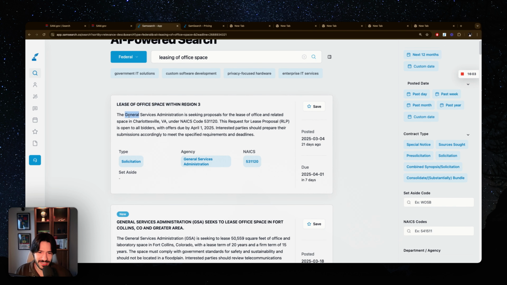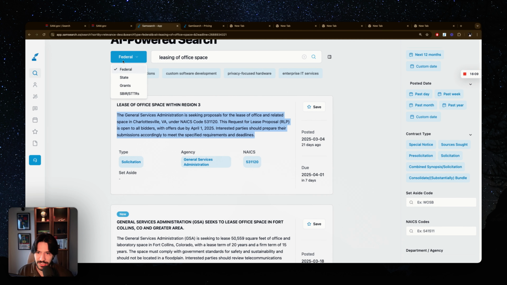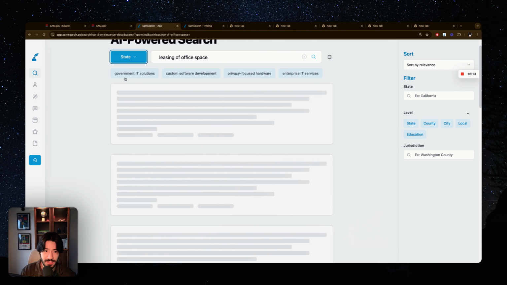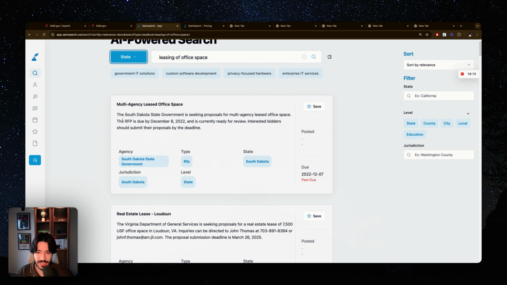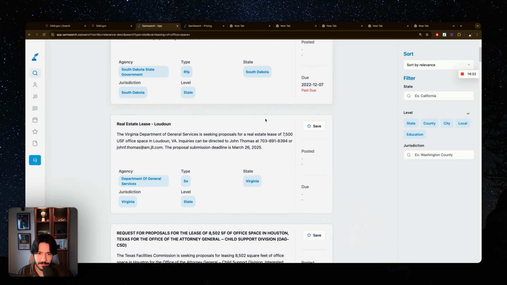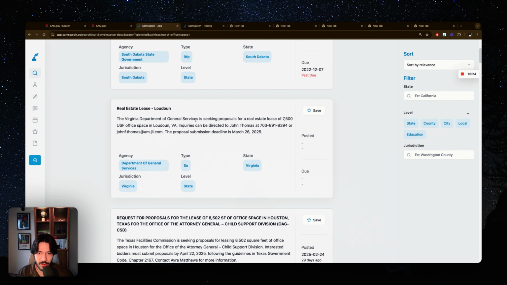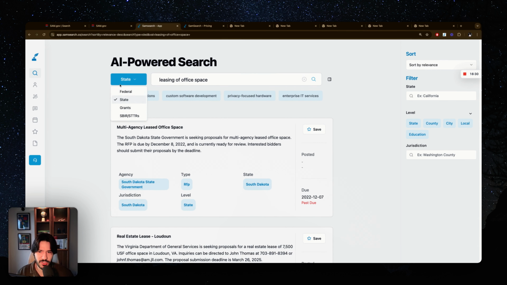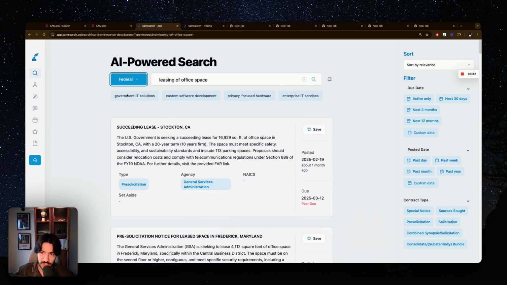So as you can see here, I just typed in leasing of office space and it gave me results. The good thing about this, I could just switch like this, and now I'm searching across all states. I'm now searching across states, counties, like you can see here. The South Dakota state government seeking proposals for multi-agency leased office space. This one as well, Virginia Department of General Services seeking proposals for real estate lease. So with just one click, I was able to search across all states and not just on the federal level